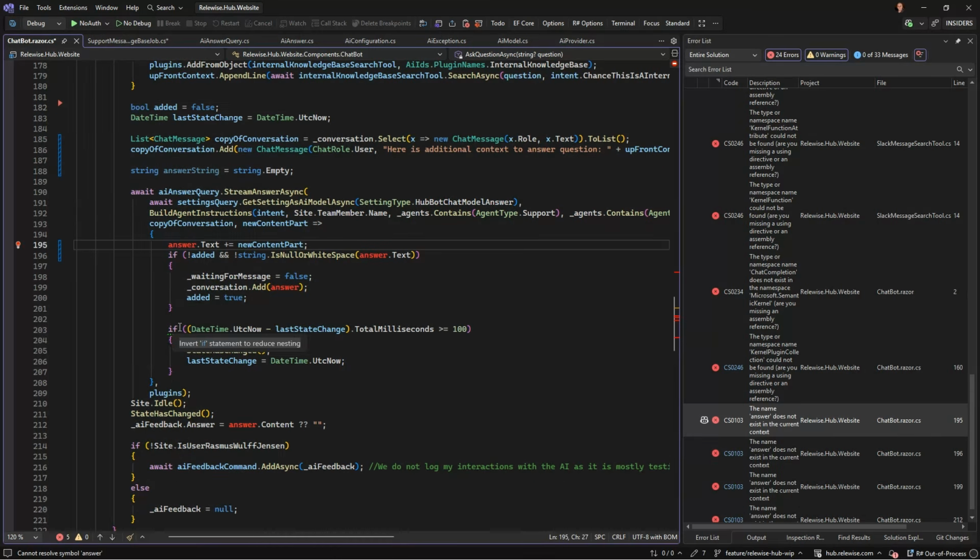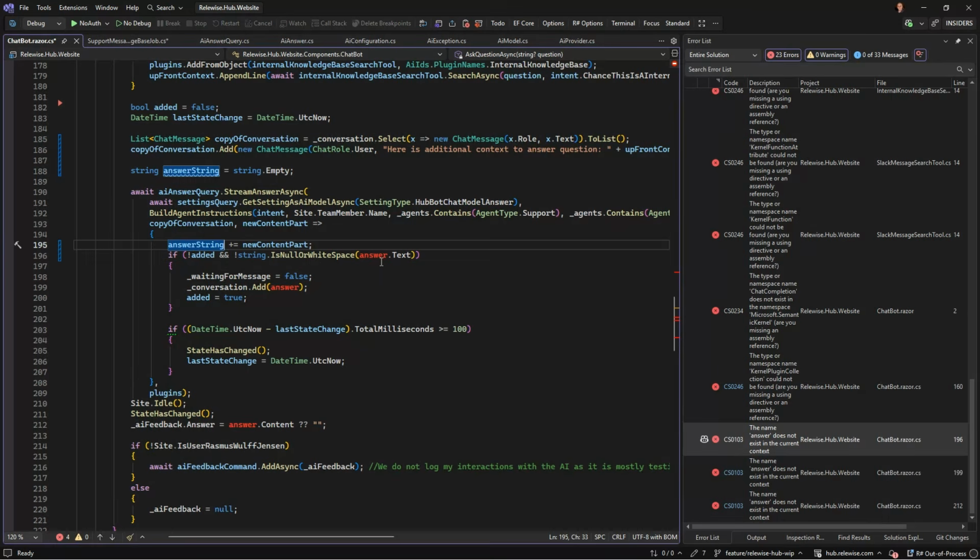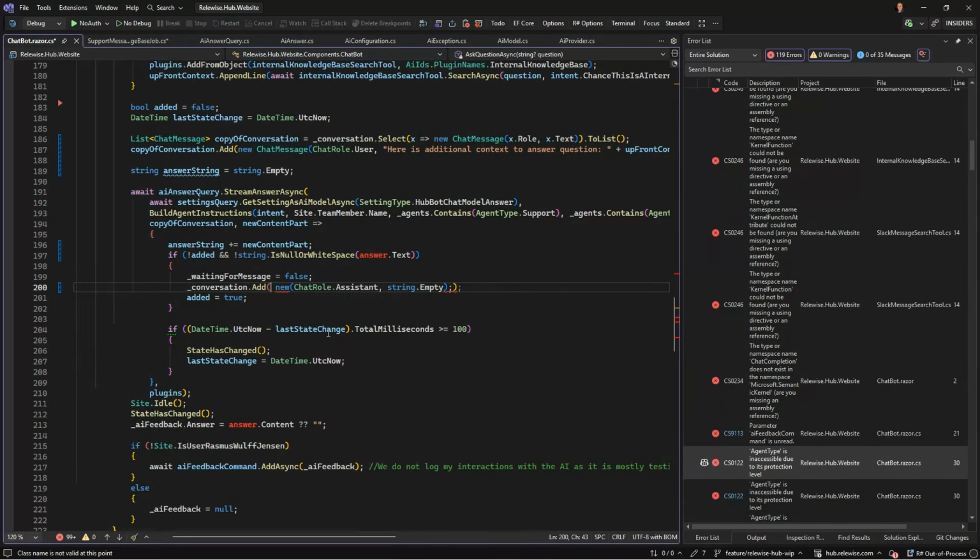So this will be answer string. And I guess I'm gonna do this. It might be inefficient, but at least it works.